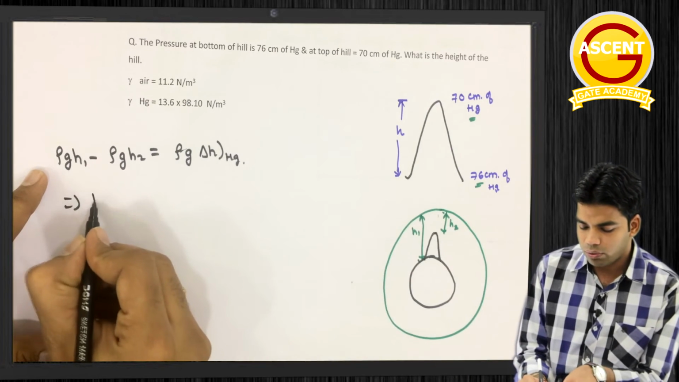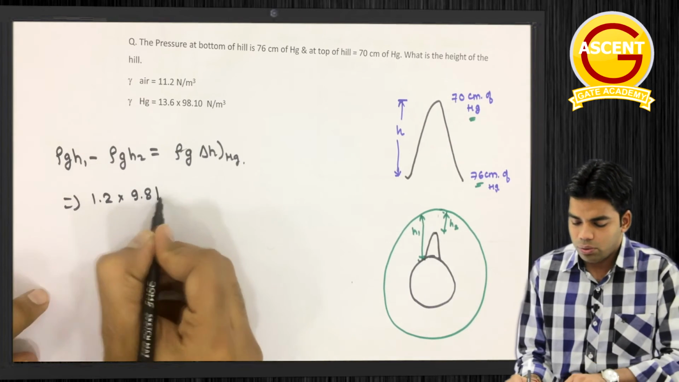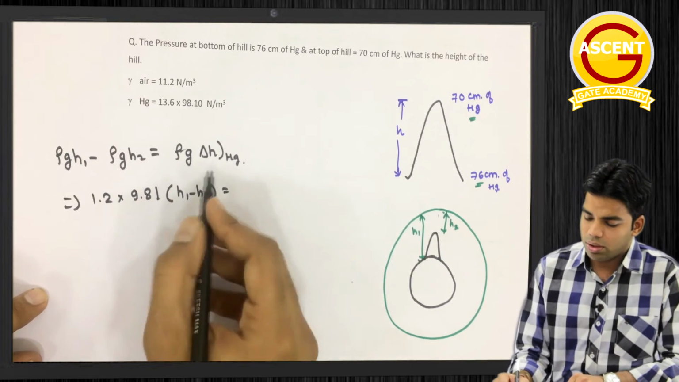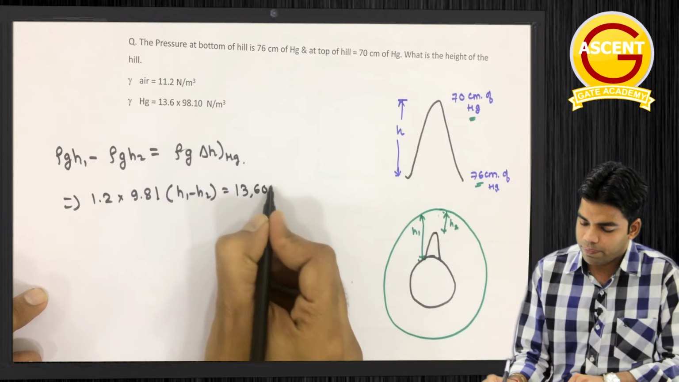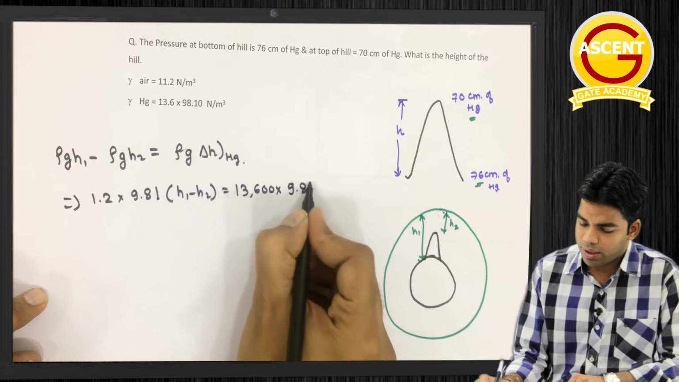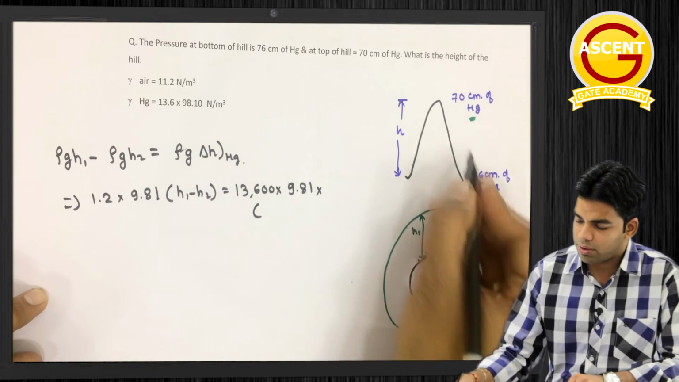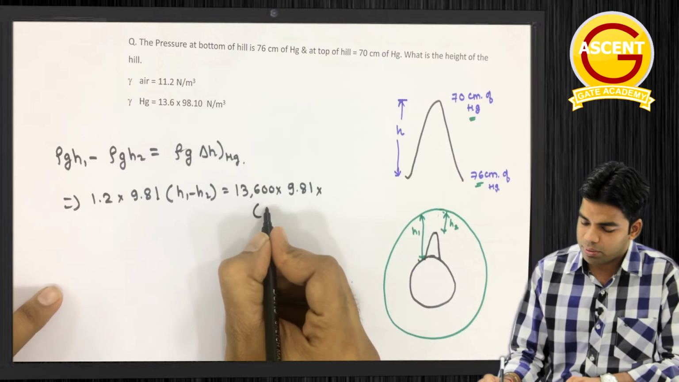Further, this rho is for air here because we are surrounded with air. So this will be equal to 1.2 into 9.81 into h1 minus h2, is equal to rho of mercury, 13,600, into 9.81 into del h of mercury. So what is del h of mercury? Here we have 76 minus 70 centimeter of Hg,